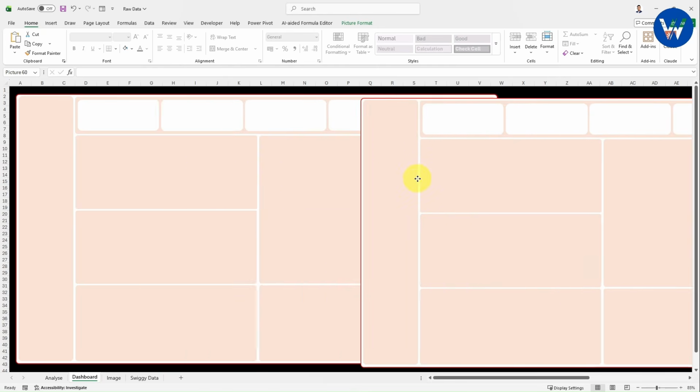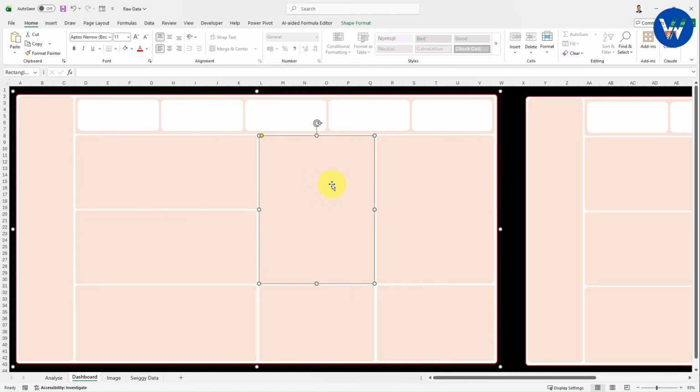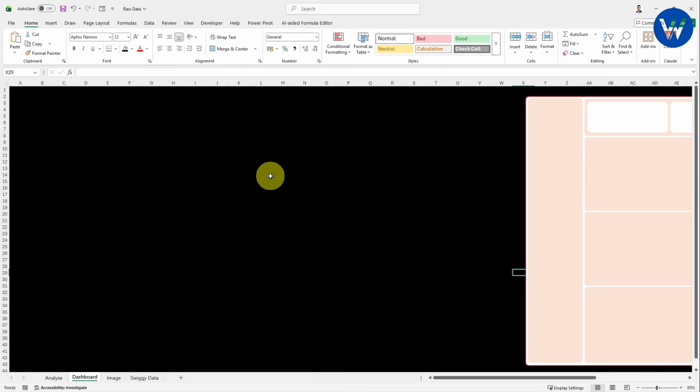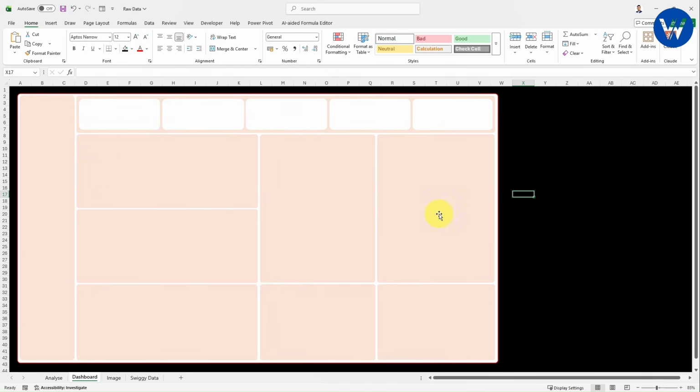Now let me tell you why I have created this image. So basically when I create an interactive dashboard on the shapes, by mistake the shapes will be disturbed, which will be a headache. So that is the reason I did this. First I created the shapes. So basically first I designed the layout of the dashboard. Next I created the picture of this. Now I will delete this complete design layout, press delete on the keyboard. Now finally the design is deleted. Now you can see this is the image, right? Now on this dashboard we can create an interactive dashboard without any disturbance of the shapes.